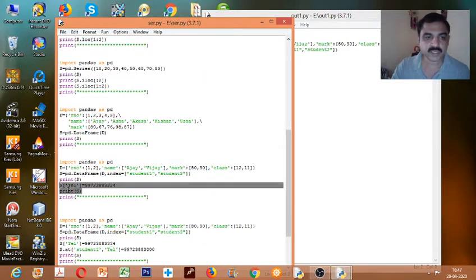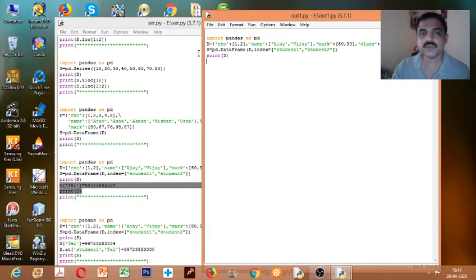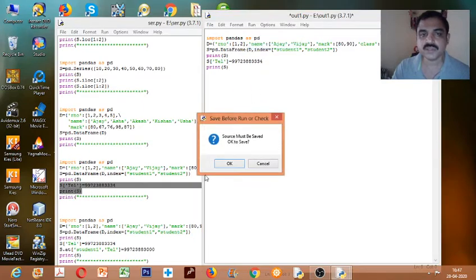Now in case I want to add a new column, what I can do is write tel equal to, I want a common value for all. Let us see how it works.